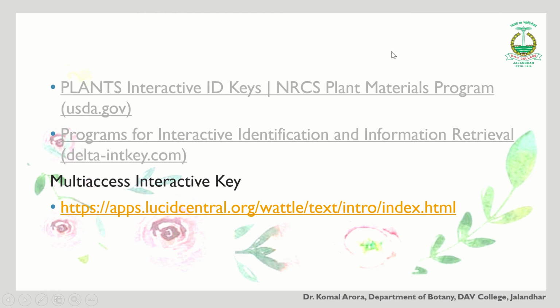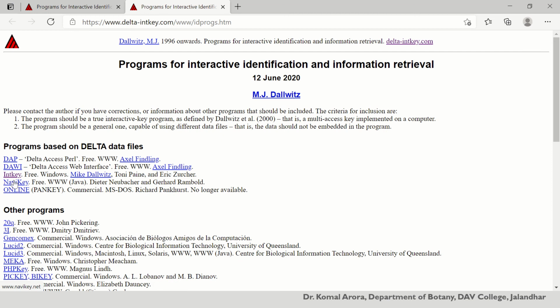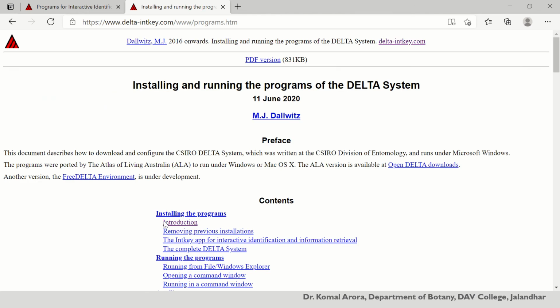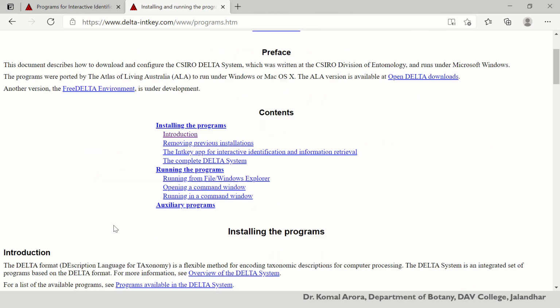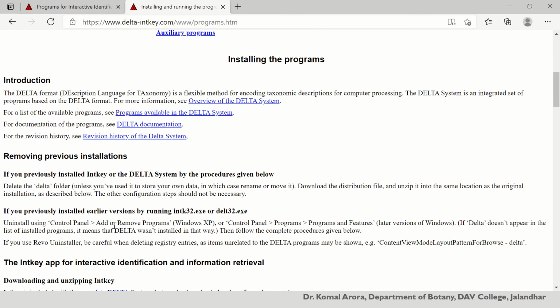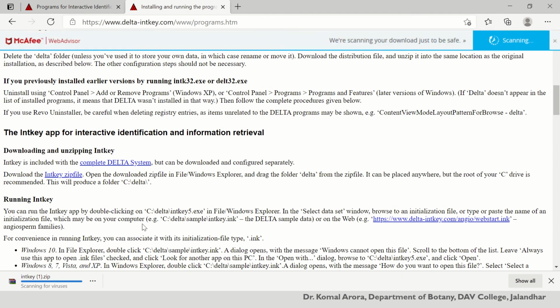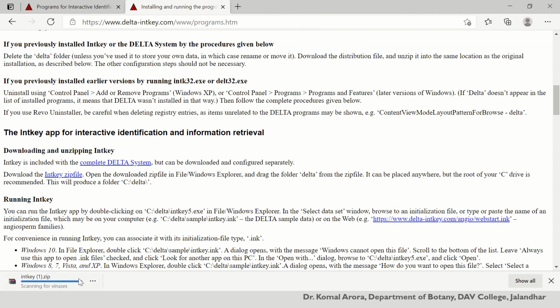I can show you. Okay, you will have the information about installing and running this program. So you can read all this. This is from where you will download the zip file, and then it is mentioned here that you have to place this in C. When you open this file, then directly the program can be run. Okay, from there you can see it.